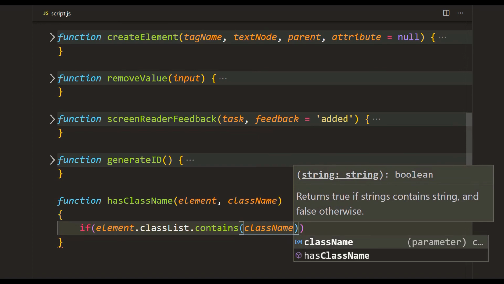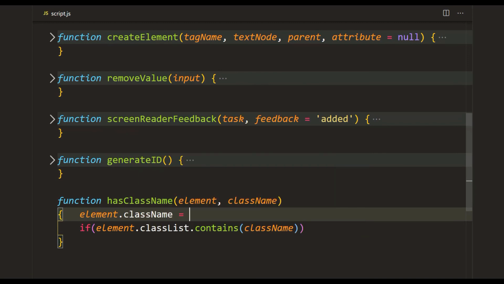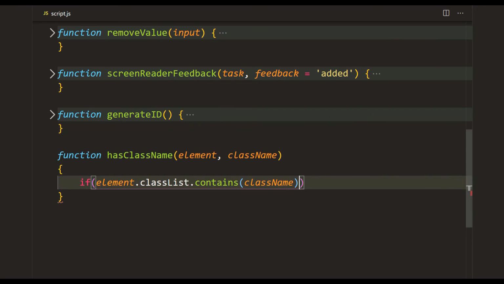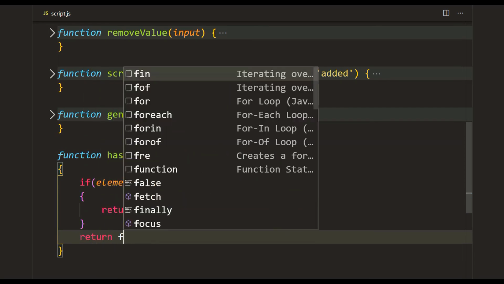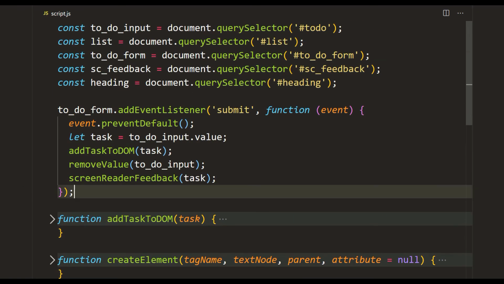And the reason we're not just doing element.class, something like this, is because one element can have multiple classes, whereas one element can only have one ID. This is why we must see if a specific class name exists within a list of classes. And to do that, we use the classList property, okay? So we're saying if element.classList contains className, which is going to be the second argument in our parameter list, then we want to return true. And then if it's false, we just want to return false. Okay, that's simple enough. Let's hope that we did not screw up this program.